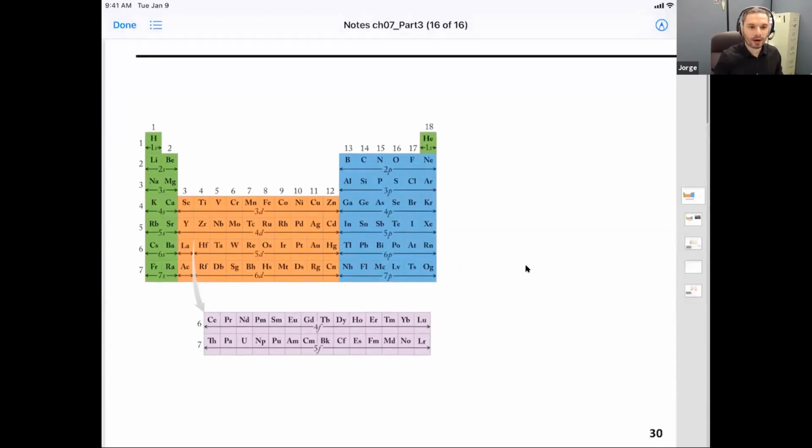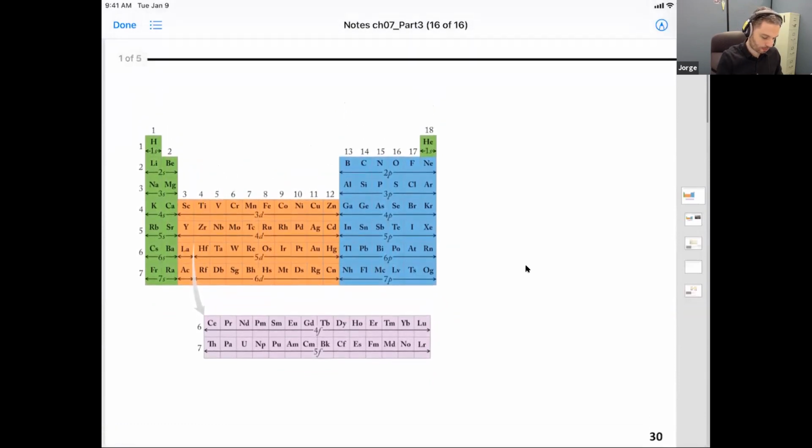Okay, let's play a little bit here with the table. Let me switch screens. All right, so remember group is the number of the column and period is the number of the row. The group number gives you the number of valence electrons and the period number will give you the number of electron shells. Another way that people like to group the elements is that the groups 1 and 2,